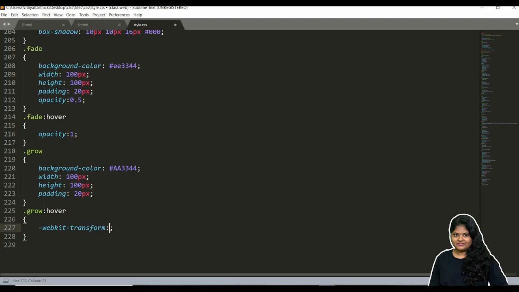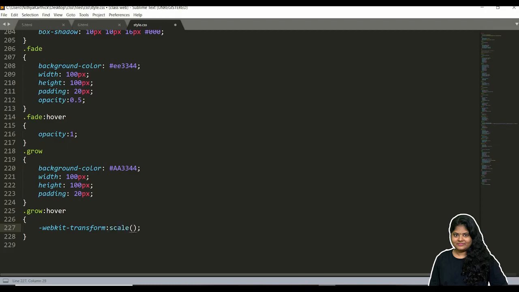This is also seen when embedding audio and video. When a particular audio or video format is not supported by a browser, we give a second option. Same way, when the normal transform is not working in the current browser, this webkit will push the website to work in Chrome and Safari. For Internet Explorer, we have some other option, I will tell you. For grow, we can use the scale option. We have already seen it in the last class.